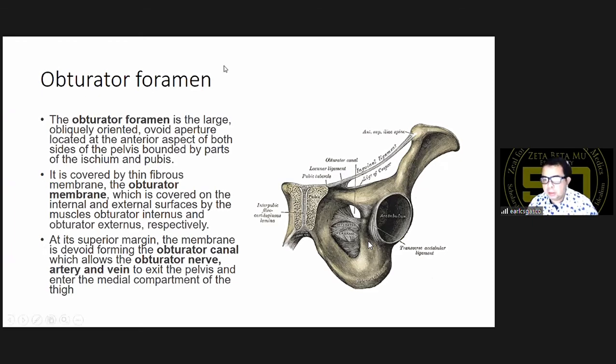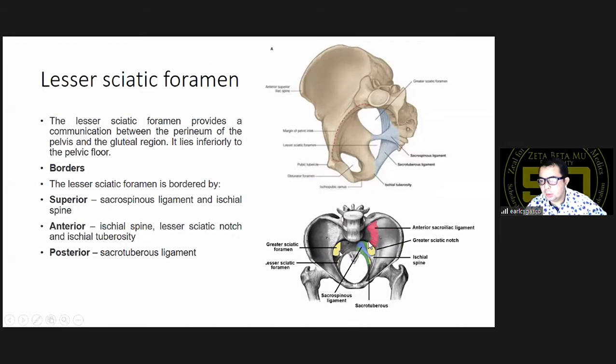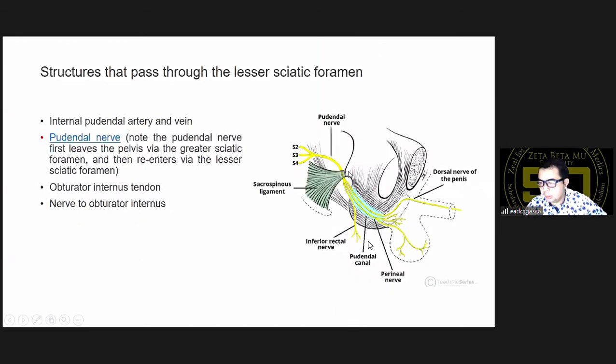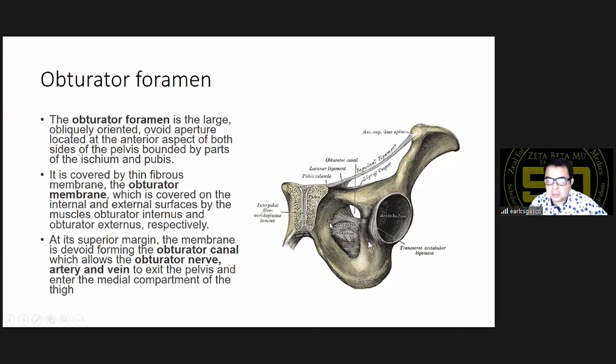Okay, the obturator foramen. This is the structure here. The obturator foramen is the large, obliquely oriented ovoid aperture located at the anterior aspect of both sides of the pelvis. It is bounded by parts of the ischium and the pubis. It is covered by a thin fibrous membrane